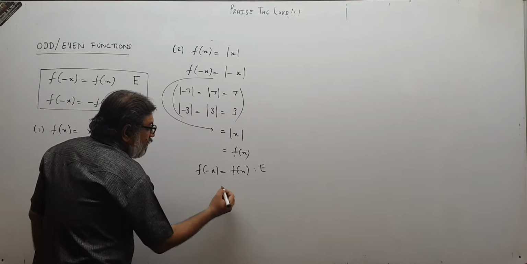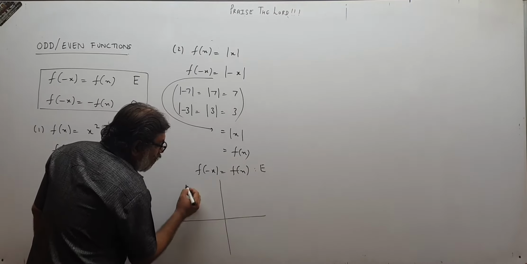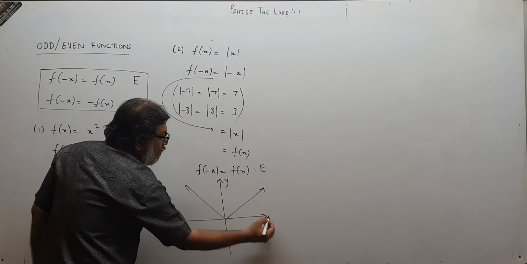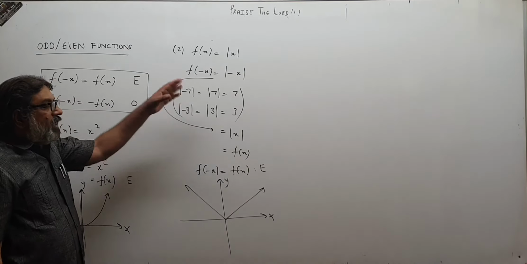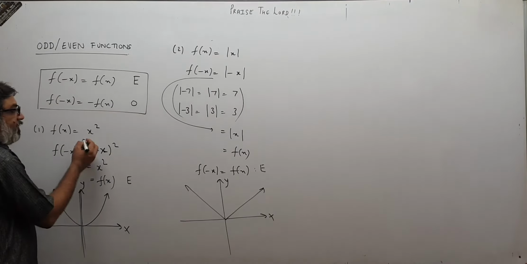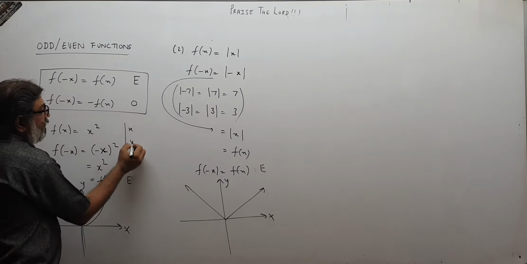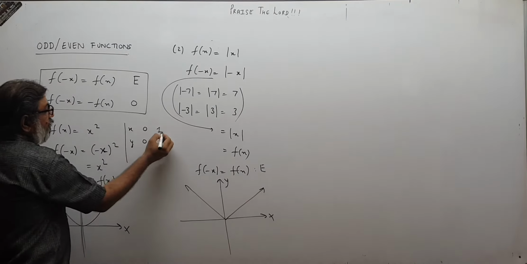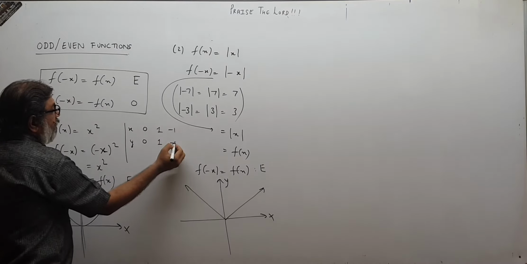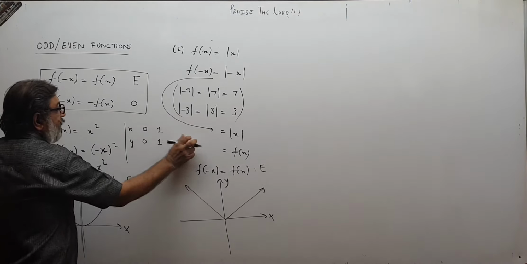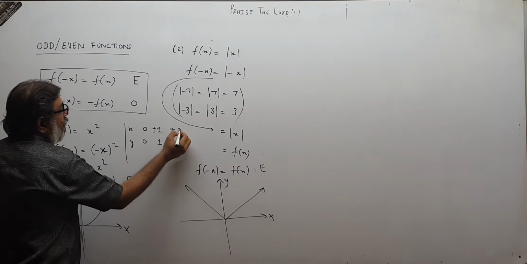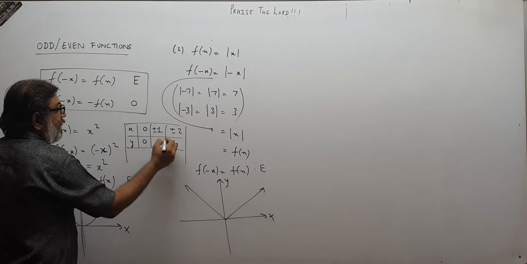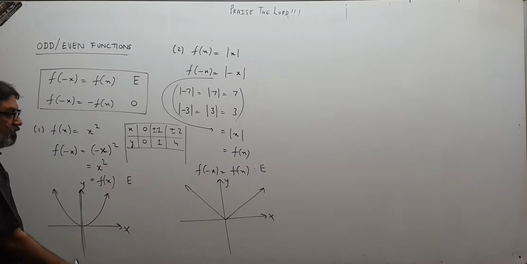And if I draw the graph of this function, it will come out to be like this, two pairs of rays. Again you can see it is symmetric about the y-axis. You can take the points and check. Supposing f(x) equal to x square, you can take some points x and y. For 0 it will be 0. For 1 it will be 1. For minus 1 it will be 1. So for plus minus 1 it will be 1. For plus minus 2 it will be 4. And then you plot these points, and you will get this type of curve.